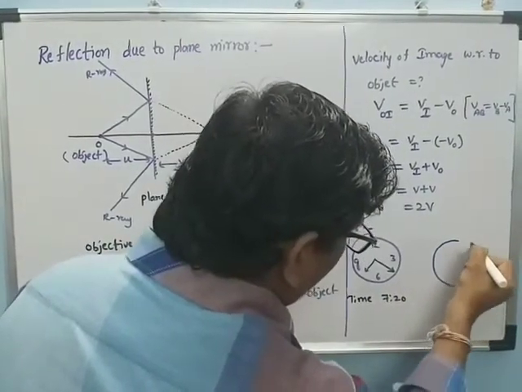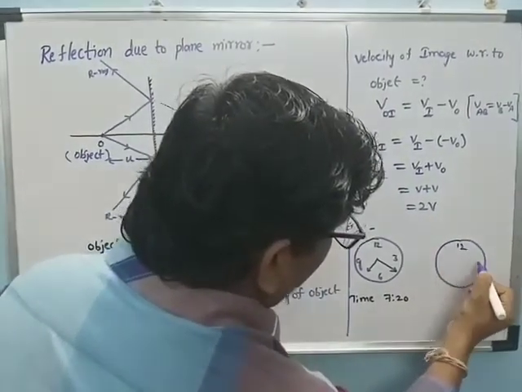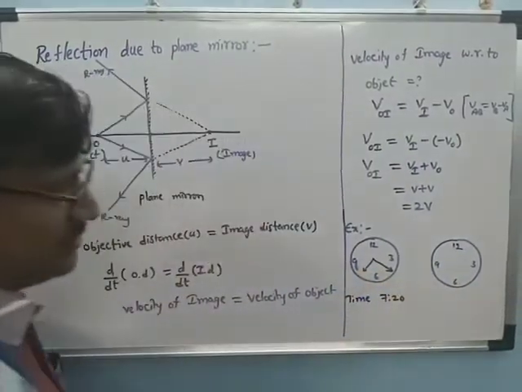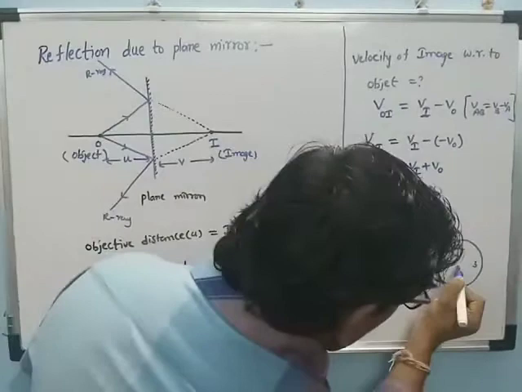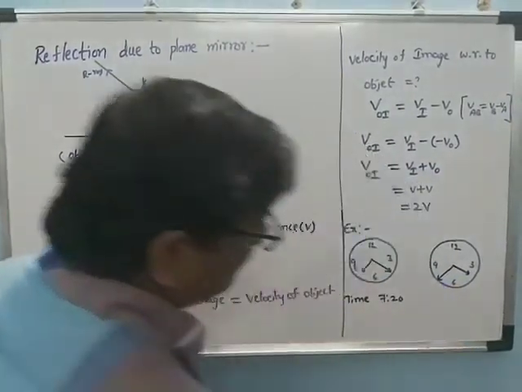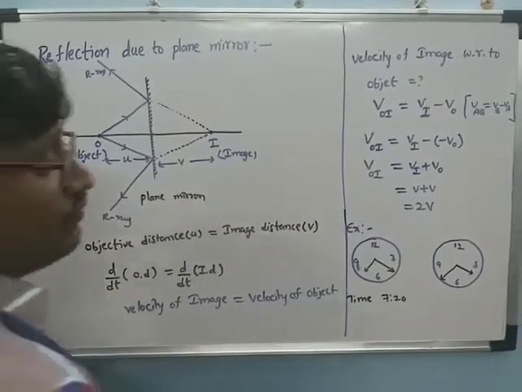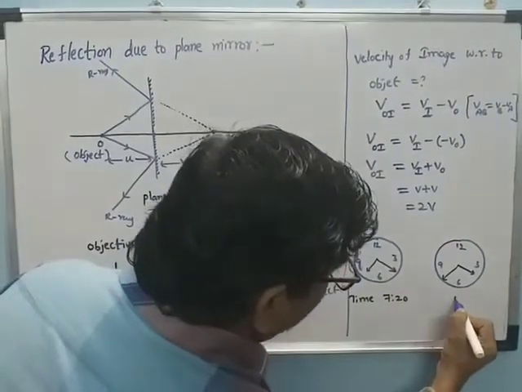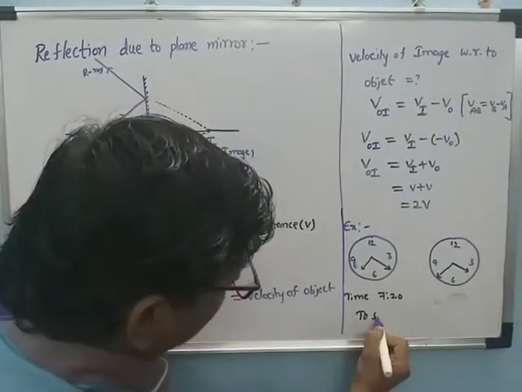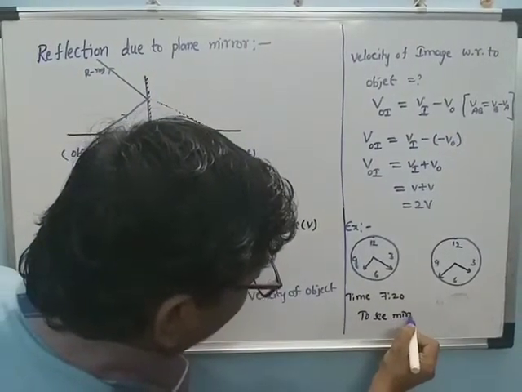So this is the mirror. This is 12, 3, 6, 9. It is an interchange. Interchange means the small hand appears where the big hand was, and the big hand appears where the small hand was. That is how much? 4:40, as seen in the mirror.